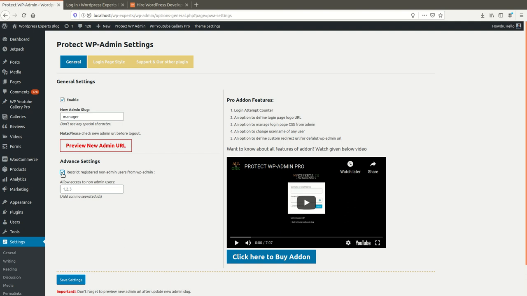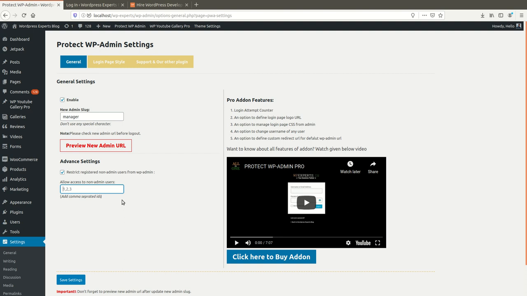We have given some extra features here. In case you want to restrict non-admin registered users from the admin dashboard, but still give WP admin dashboard access after login to a few specific users only, you can define the username or ID here.